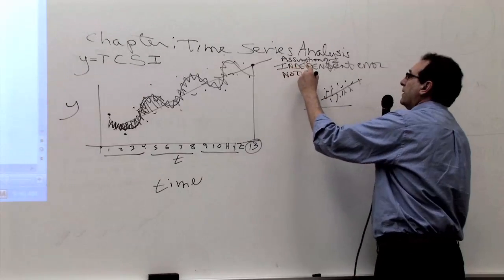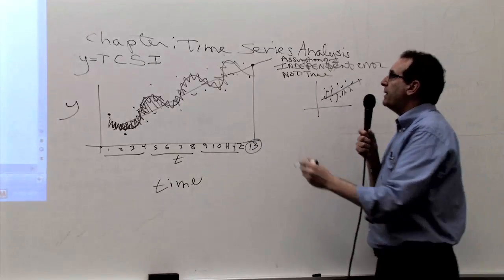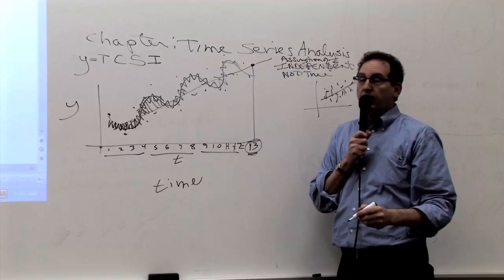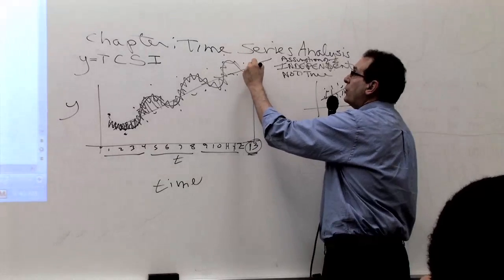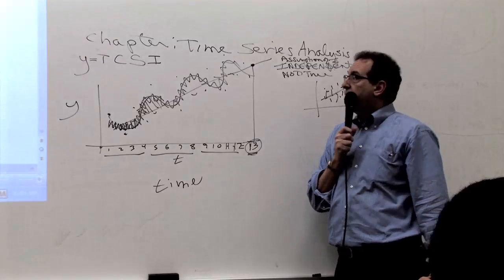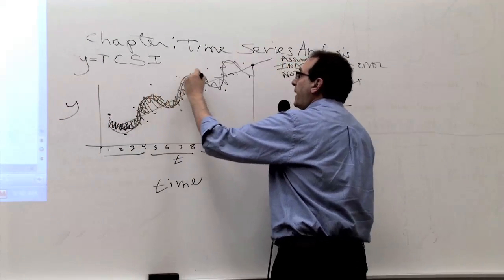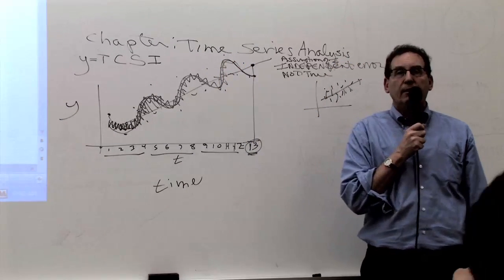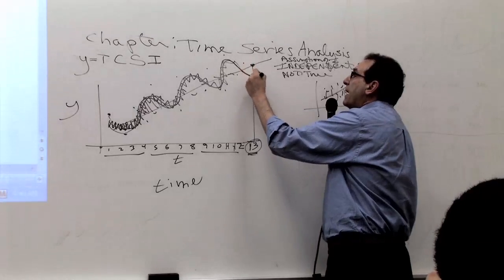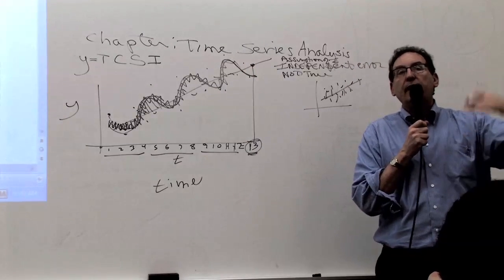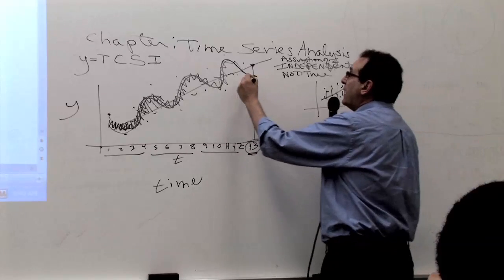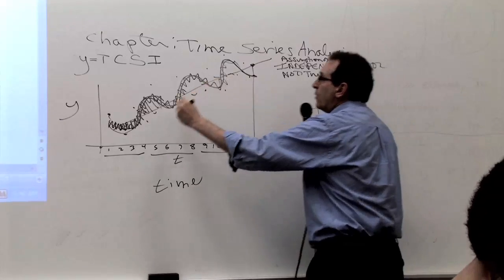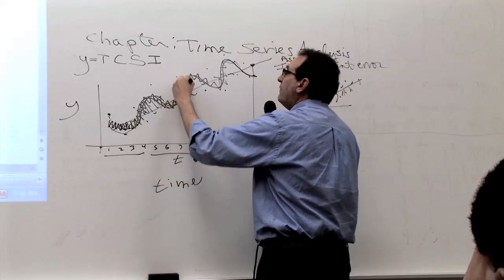In fact, let's take it from a common sense point of view. If you had to make a forecast for the first quarter of the fourth year, and the straight line told you that this is where the forecast is supposed to be. But we also know that the data has been following this pattern for the last 4 or 5 or 10 years, and for the last couple of years we've been in a down cycle. Wouldn't you take your forecast and chop off a little bit in order to account for the fact that you're in a down cycle? The answer is yes. And what if it turns out that particular cycle happens to be in the summer month, as a toy company, is during the summer month, and always during the summer months the data is always even lower than the typical time